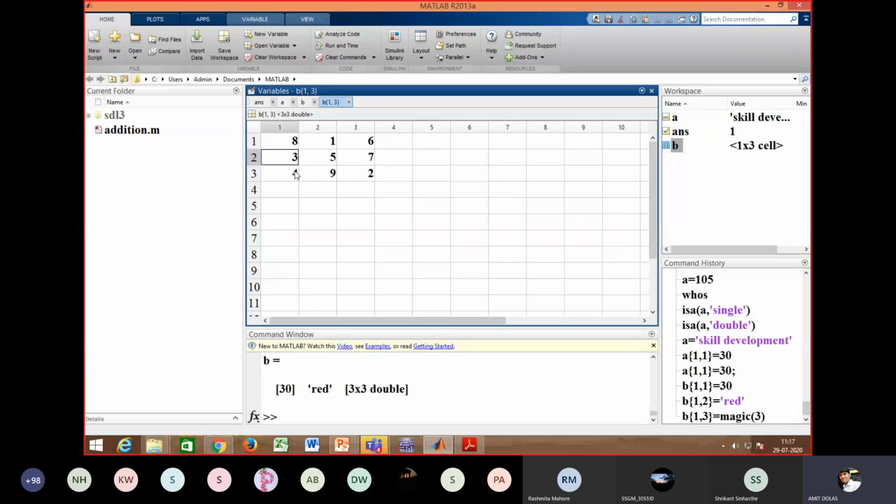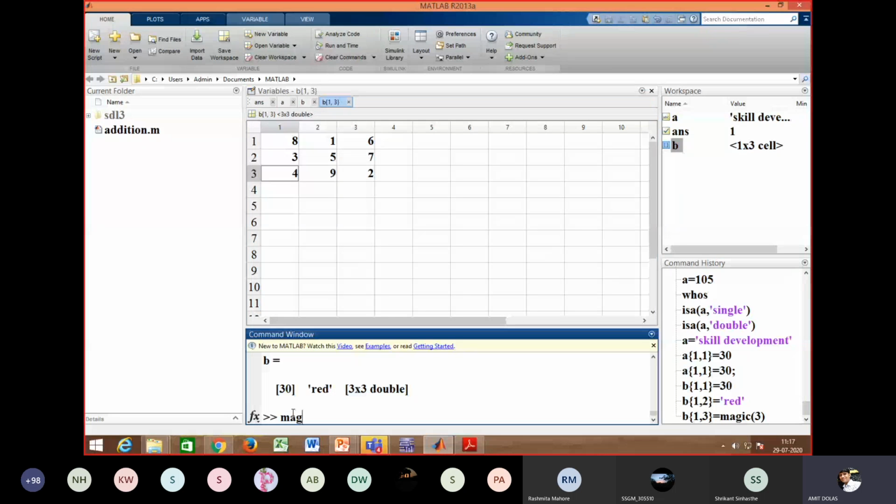Similarly, if you do the vertical addition, it will be the same. If I do it for, say, magic 4, then a matrix will be created which is 4 by 4 automatically. Again, its row and column additions are similar.